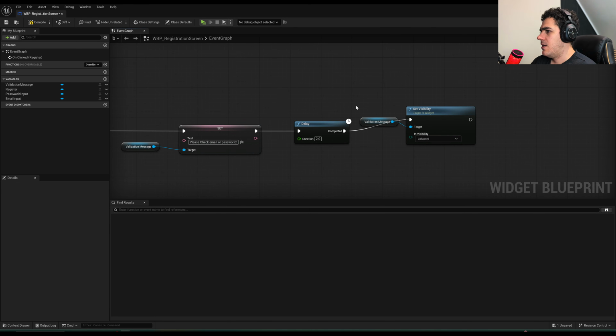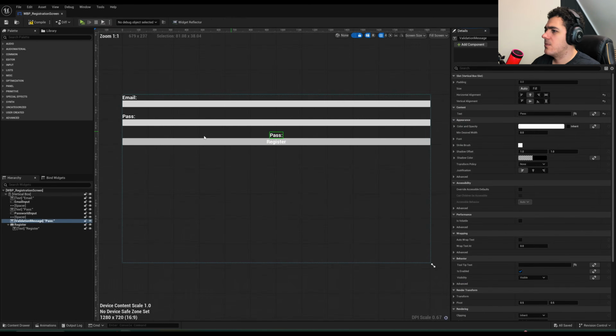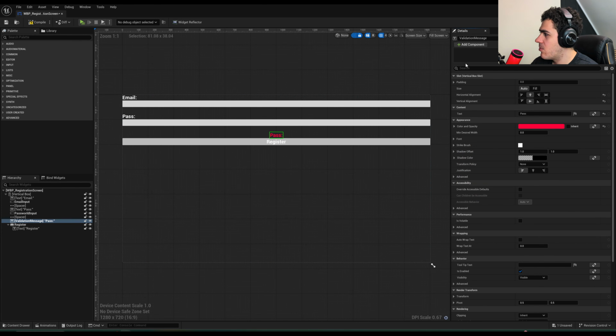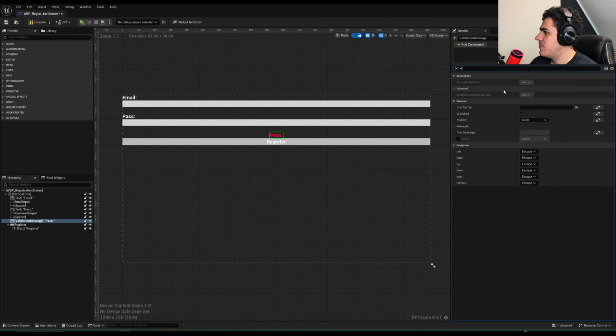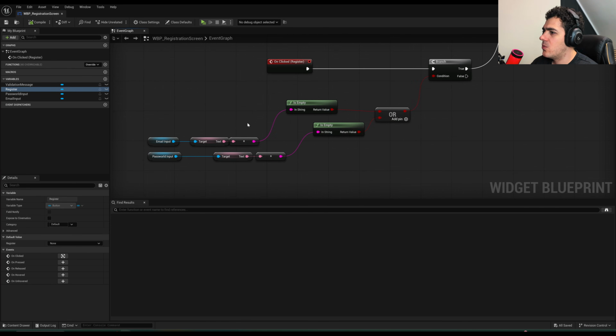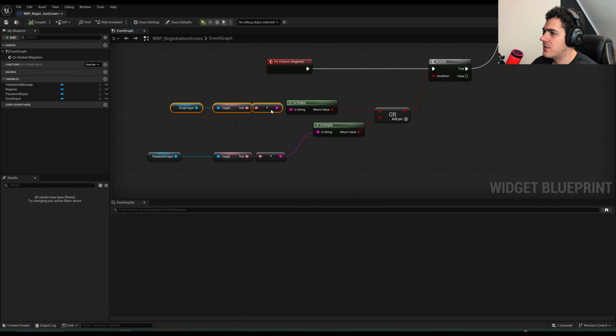And as usual, I like to add error messages red. It's a very red color. This is a horrible color, but it's fine. And then we're just going to make the visibility collapsed by default, so when you press play, you don't see that, right? Okay, that's perfect. Now, when we're registering, if everything goes well, what we are going to do here is we're